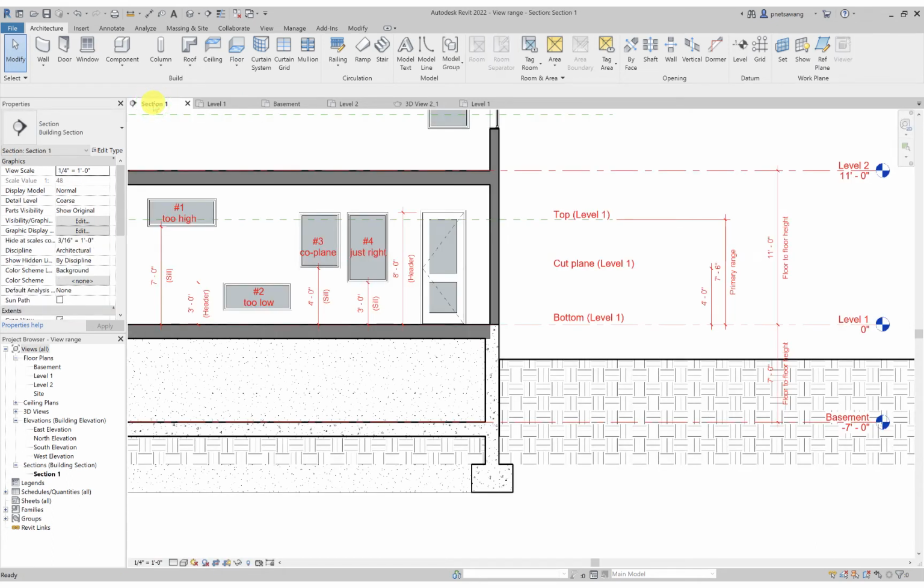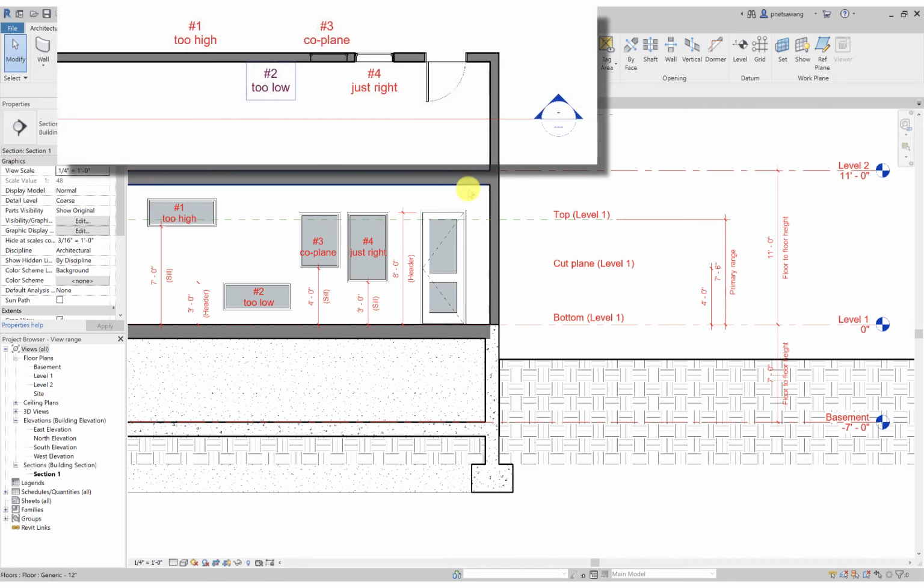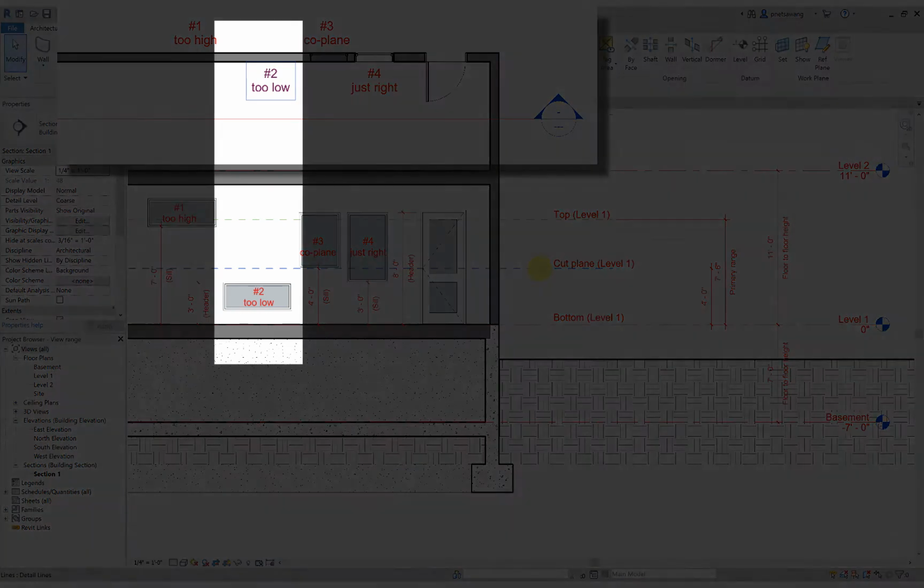So what happened here is, the plan view that we saw earlier has the view range preset to the default value, where the cut plane is 4 feet above the reference level. And what we saw on the plan view was everything from the cut plane and below it. So what happened to window number 2? It is clearly below the cut plane. However, there's a small portion of wall that is above window number 2, and therefore we are seeing wall instead